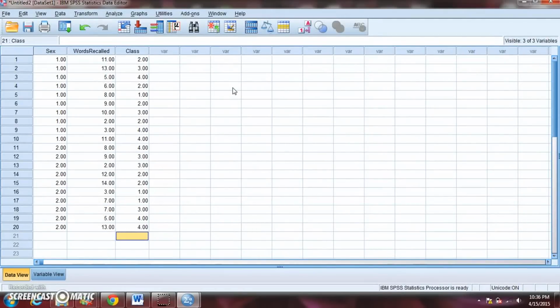We could have SPSS do various things. We could have it graph this data out. We could have it calculate the means, the medians, the modes, or we could go beyond that and run some more advanced statistical tests. And of course, that's things we'll talk about later on in the semester. For now, though, we've covered the basics of entering a data set in SPSS.